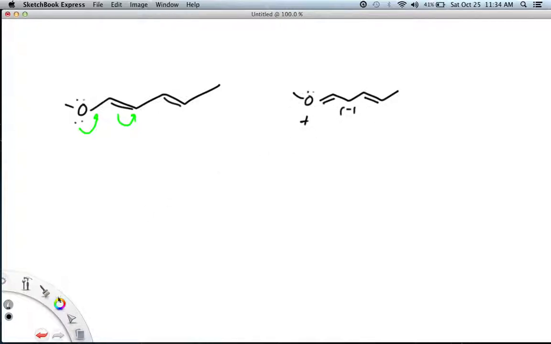We still have that double bond there, so we could also push this out in like that. So that would be here, and now we have a minus there, and a plus